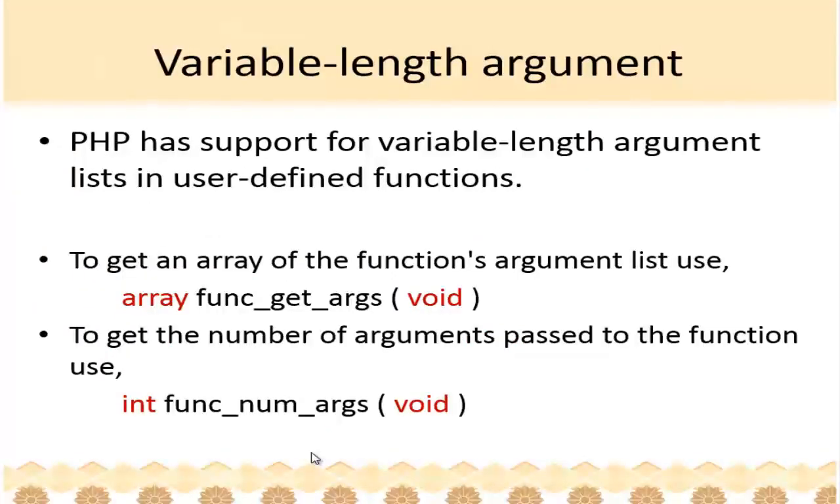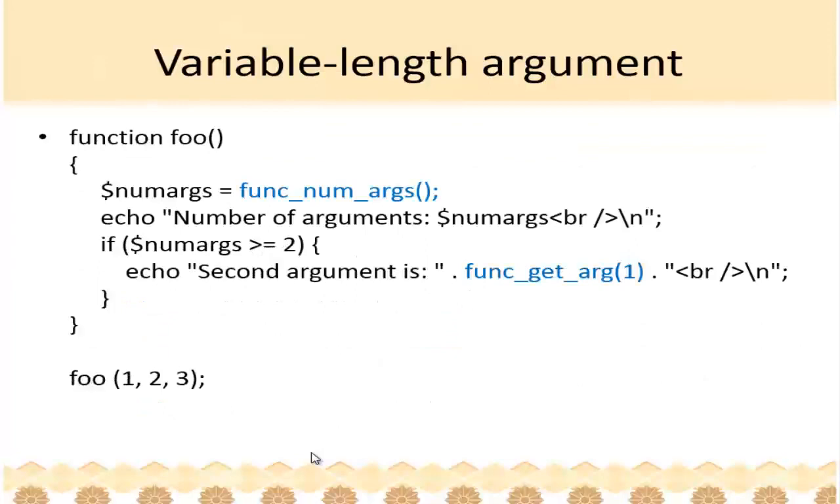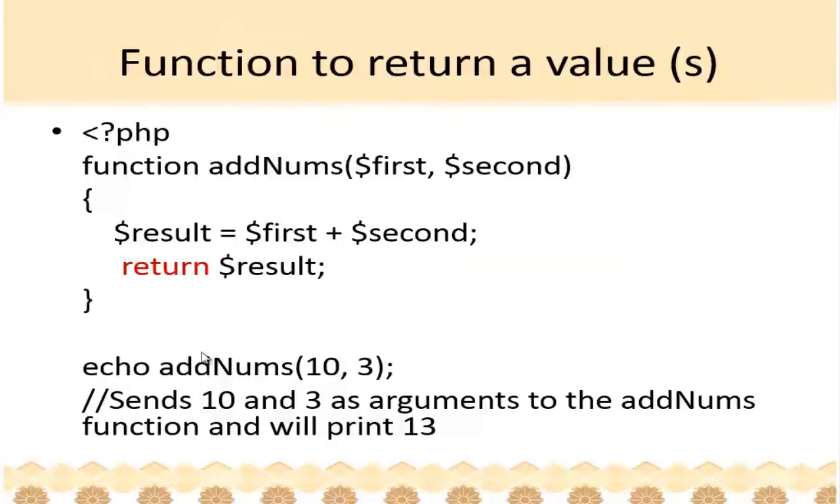Okay, so these two functions you can use. If you want to get all the arguments, you can get them as an array and then use it. So func_get_args will give all the arguments. So let's look at returning. If you want to return something from a function, you should return